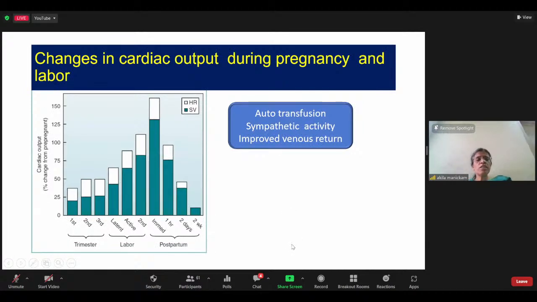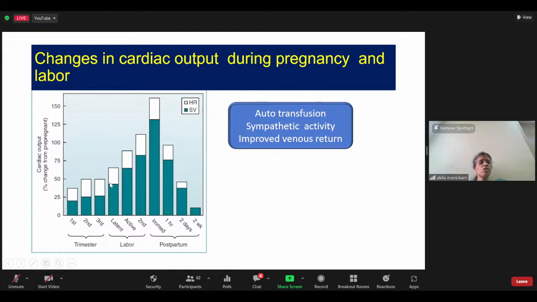And over the changes in cardiac output during the pregnancy, we've looked for what happens during labor, during the latent phase of labor. Now, it's very important to look at this graph. How are the changes in the cardiac output? There is a maximum percentage change of around 50%. This 50% change, I told you, occurs in the early part of your third trimester, and it is preserved the same throughout your third trimester. After that, there is no major change in your cardiac output.